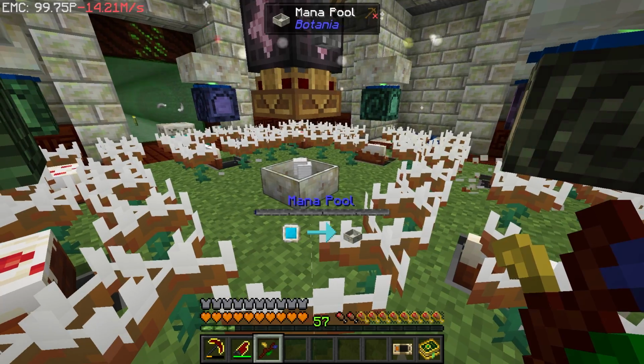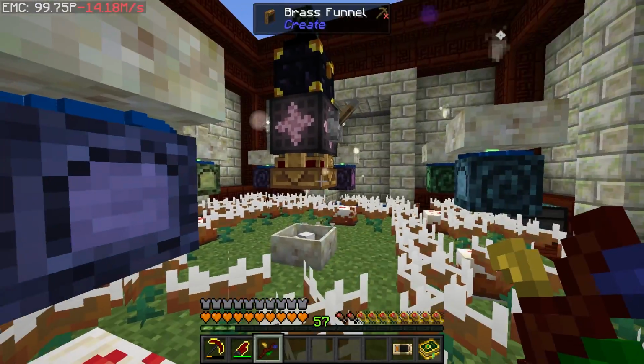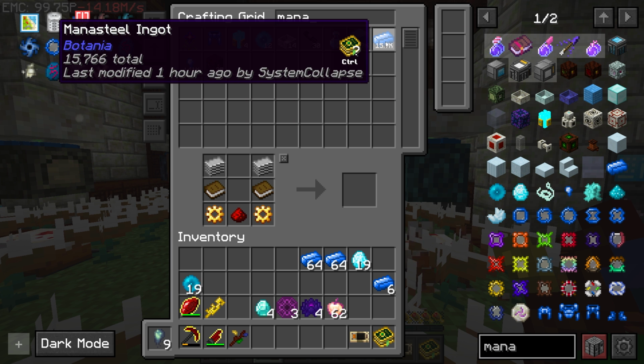Which means this can actually go at the max speed that it can. And that is actually rad. So we have a pretty fast setup here. If we actually go to our Manasteel here now, check that out. See how fast it's going up. It's actually going up really quick. Like, look at that number. Going up really fast, which is good because I think we need 420,000 of these,